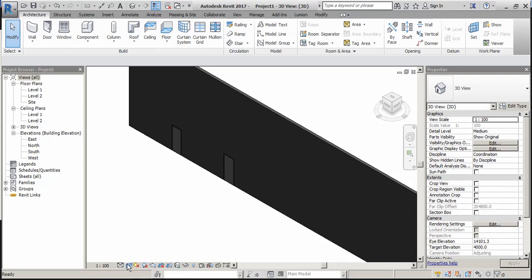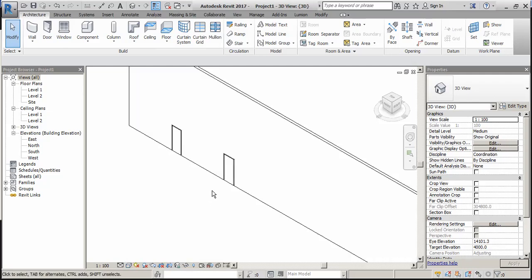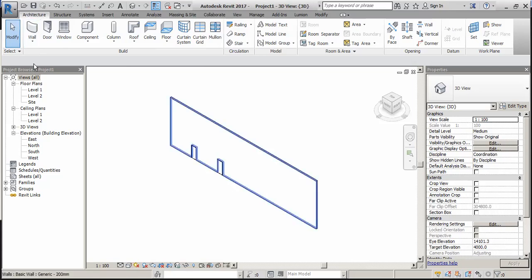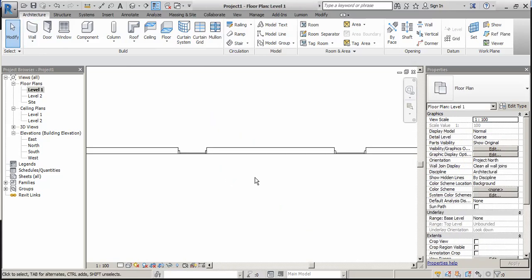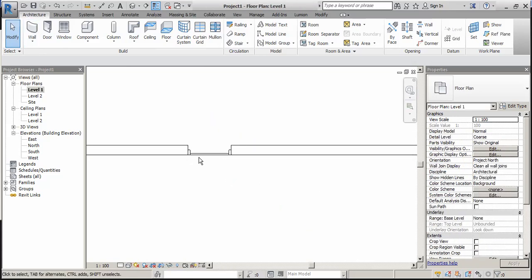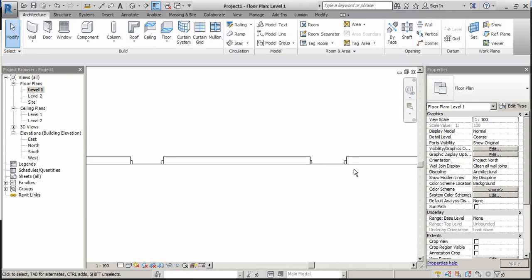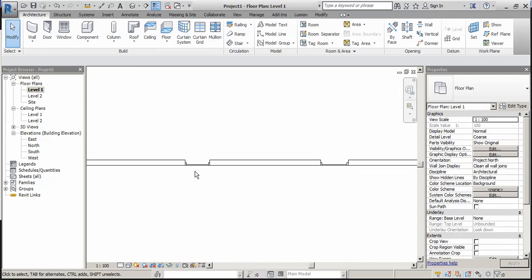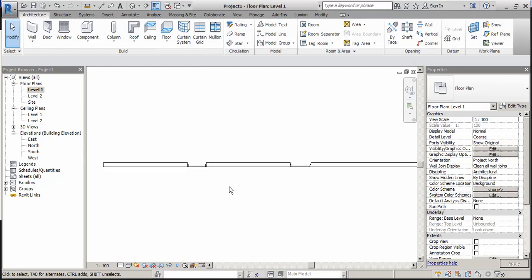So we will do this. Go in hidden line view and go in plan also. So here you can see that it is not as per the plan representation of doors.